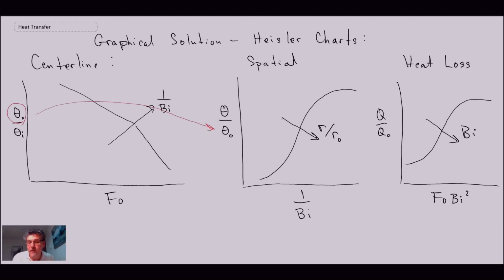We will be looking at those in the next lecture because we work an example problem. We won't look at the heat loss one, but we'll look at the centerline and the spatial Heisler charts. So anyways, those are the different techniques for calculating transient heat conduction in an infinite slab, in an infinite cylinder, and in a sphere when you change the external convective heat transfer boundary conditions. So in the next lecture, we're going to use one example, but we're going to work it twice. Once we'll use the approximate solution, and then in the second segment, we'll use the Heisler charts and we'll compare them and see how well they compare to one another. So that is where we're going with